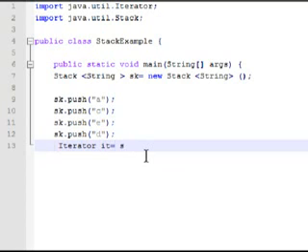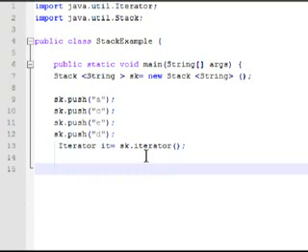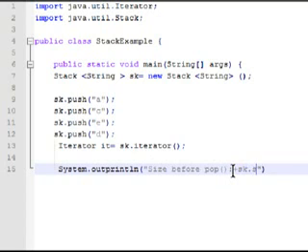it equals sk.iterator. System.out.println, size before pop open close colon plus sk.size open close.